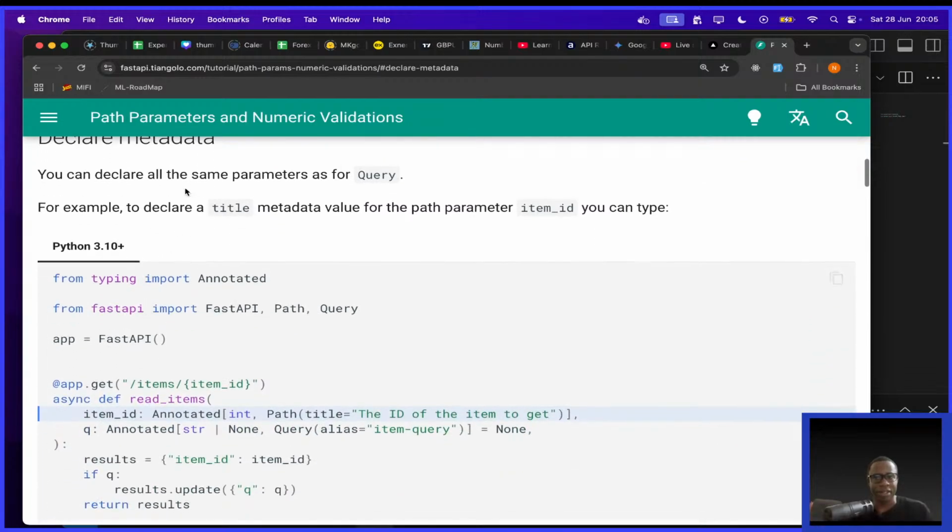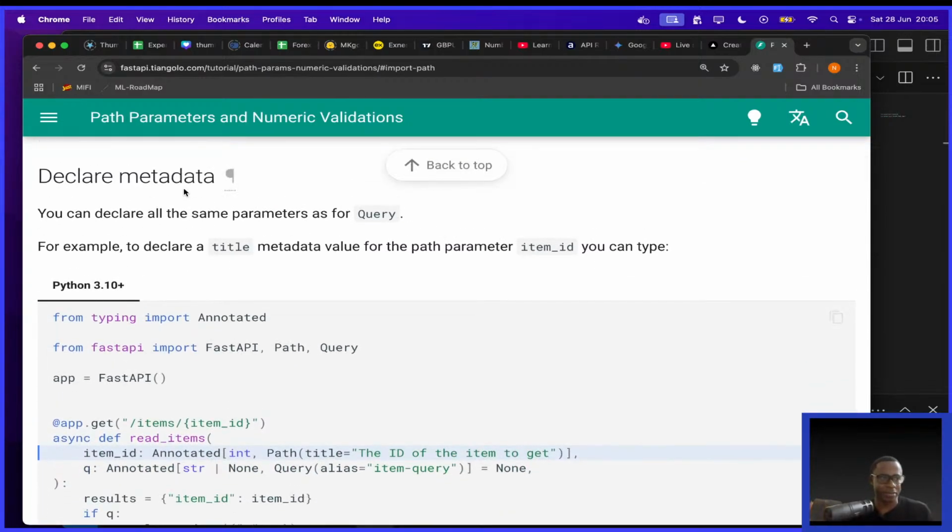Then they say after that, declare metadata. So for a path variable to which you want to add some information, first of all, import Path. And then after that, declare your metadata. So they're saying you can declare all the same parameters as for Query, which means things like, I would guess, title, alias, and other validations. So for example, to declare a title metadata value for the path parameter item_id, you can type,